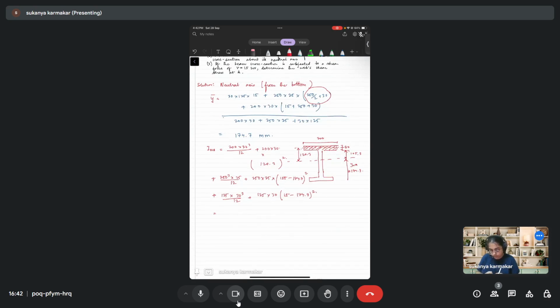This will be equal to, so it comes out to be,